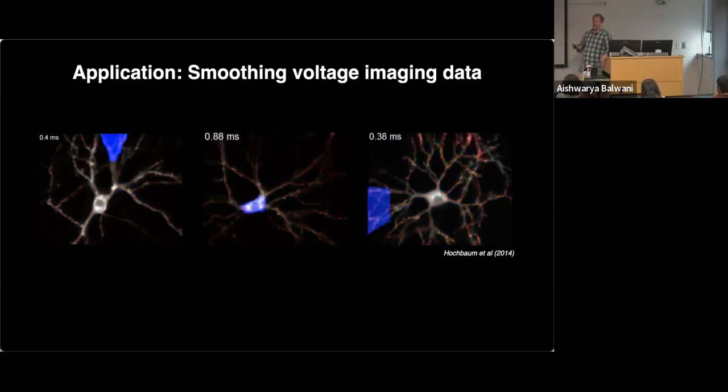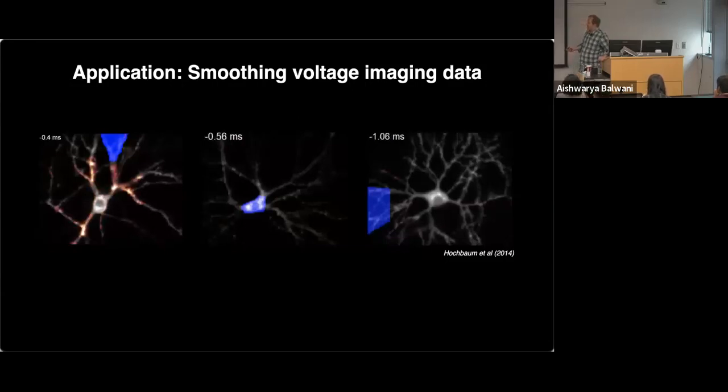These are the types of things that you couldn't do with just electrophysiological recordings, because you can only get an electrode into maybe one compartment of the cell, usually the cell body. It's really difficult to make multiple recordings from one cell at multiple parts of the cell. But optically, if we can record light from many compartments all at once, we can start to see these propagation of action potentials like you see here.